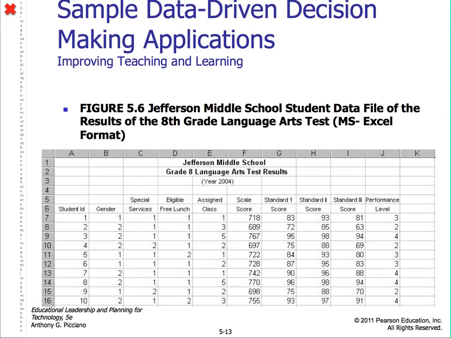This one is another type of decision making spreadsheet, where they're talking about language arts test results and the scores, but they're breaking it down into gender and lunch eligible and all these types of things. So this is how we might want to do some data mining to get more specific, but we can definitely de-aggregate with something like this.